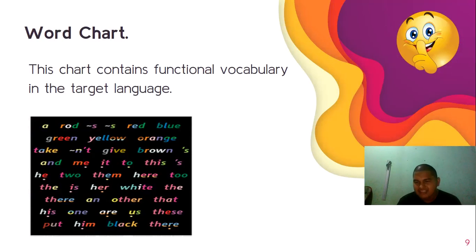The word chart is pretty similar or related to the sound chart, but this chart contains functional vocabulary in the target language. As we already saw in the sound chart, there is one color assigned for each phoneme or each sound in the target language. This is really helpful because in this chart, the teacher colors the word in different ways. If they have the pronunciation of the letter A or another phoneme, the teacher writes that letter in that color